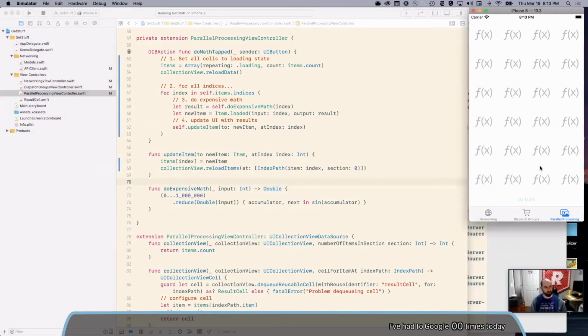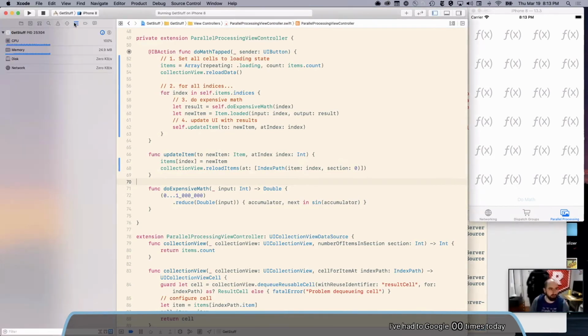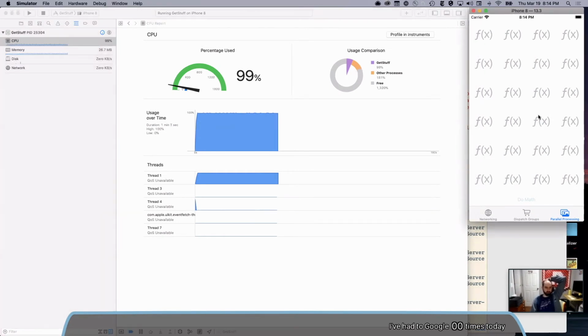Okay, my fan has started going on my laptop. Nothing has happened here. I can't drag in the UI. Obviously, this is not a great situation. If we go over into the debug navigator, we can see the CPU is pegged at 100%, which is not ideal. I mean, sometimes it has to be if you're actually doing expensive work, but you can see in the graph here that thread 1 is pegged at 100%, and thread 1 is supposed to be the main thread. Thread 1 has to stay responsive so that I can actually do stuff. And it's not right now. I've totally saturated thread 1.